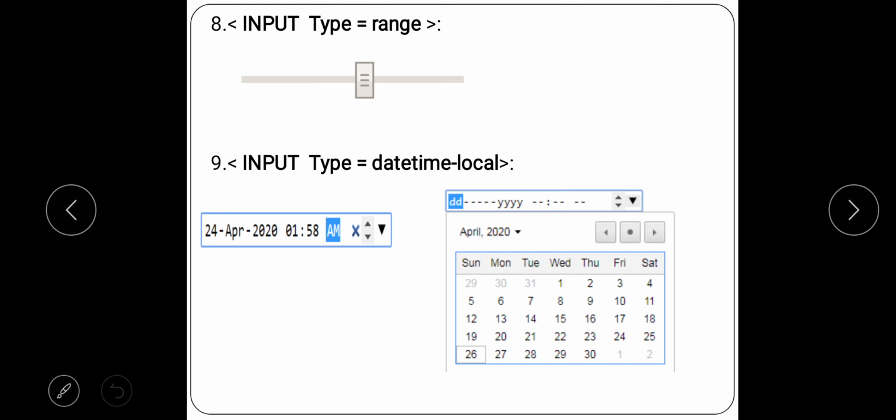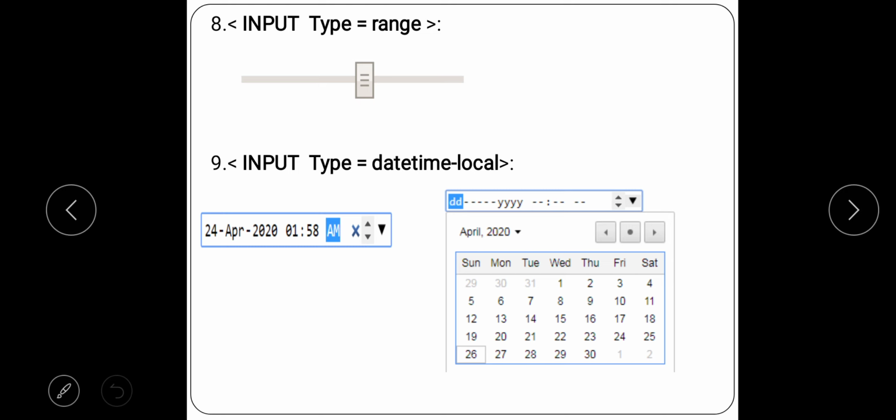Input type equal to datetime-local or dash local. Now again you will get a calendar here, and in this if you click on some date, it will take the date part. It will ask you the time, the hours, the minutes, and also AM or PM.